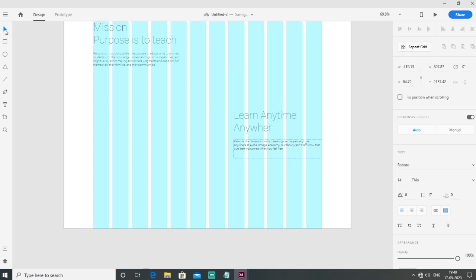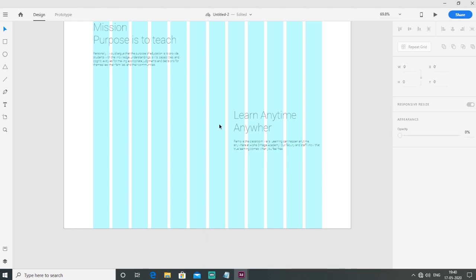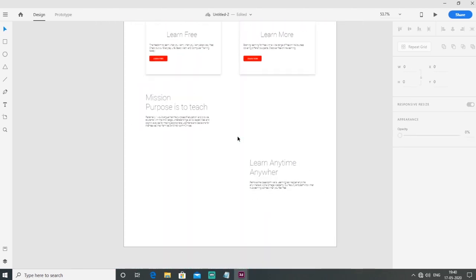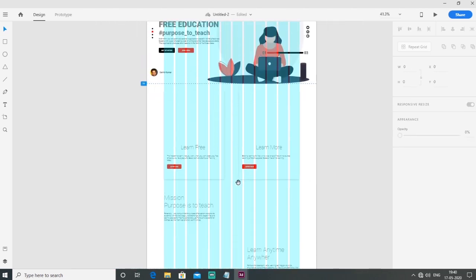And just change the text. So here is my layout design.